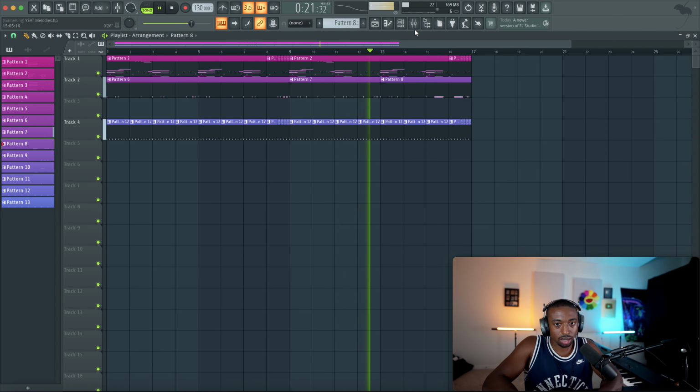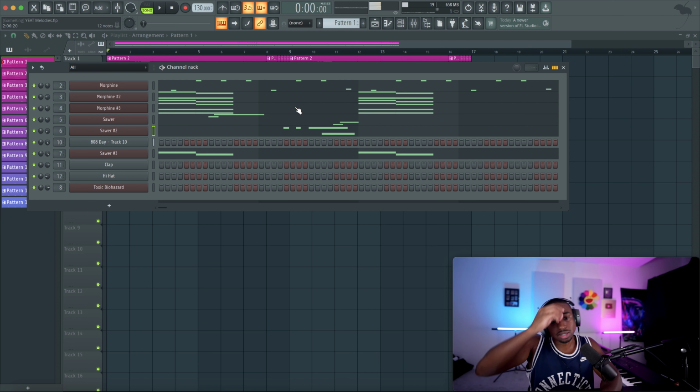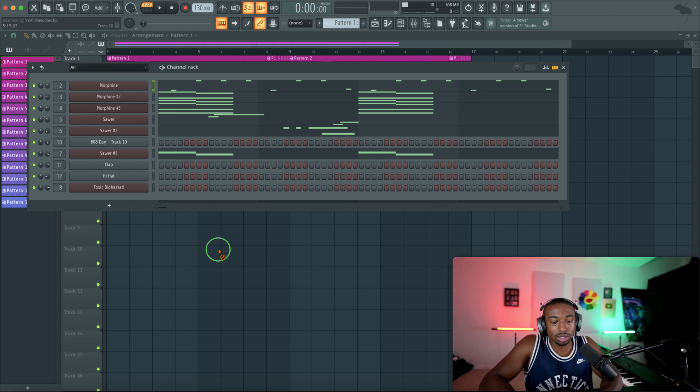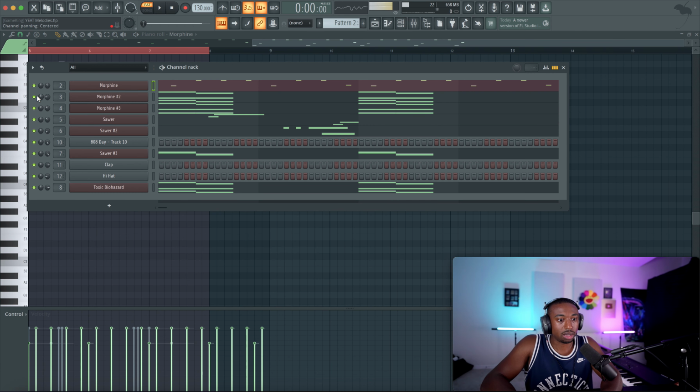So I'm going to get into the components of this. So here's what it comes down to. Now this isn't a fully finished beat. I just added drums to give you guys context. So firstly, in pattern 2, I combined a lot of these patterns, but the main starting point